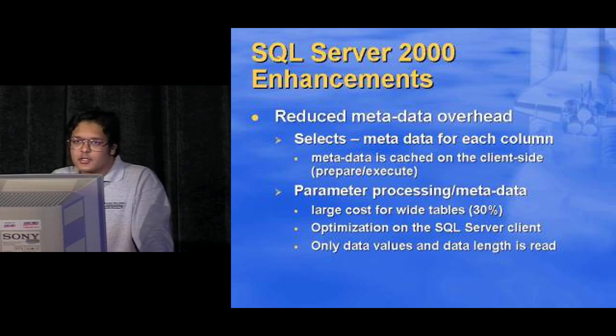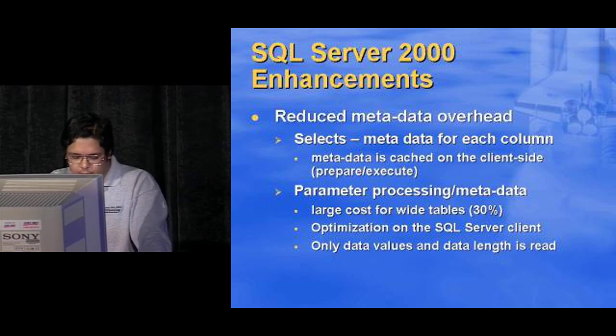Some applications have tables with very many columns. Consider the case where you're doing a lot of insert work and the processing of all the parameter data could be expensive, up to 30% of the total cost for tables with a large number of columns. When using prepare execute again, an object is actually constructed that takes the information off the wire and is cached on the server. So on subsequent